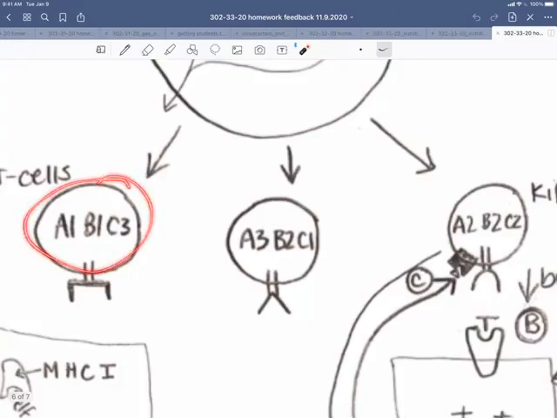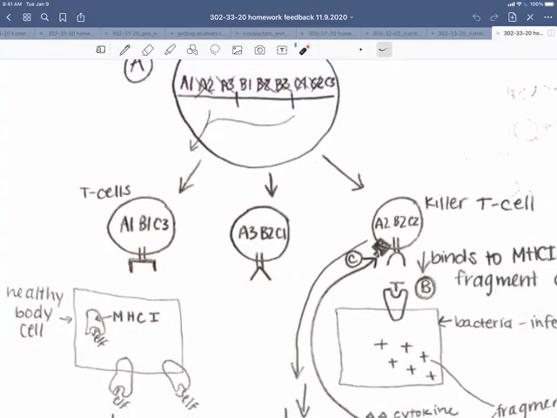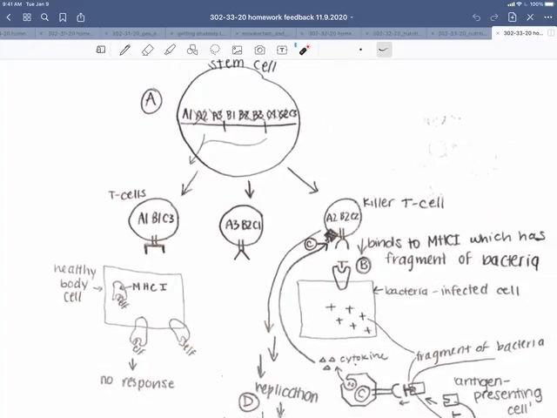That's this one, but here's A3, B2, and C1, and yet another A2, B2, C2. So each of those will have a different shape to its surface receptor, and that shape will bind to a particular structure, an epitope, and if it binds to something on an invading bacteria or viruses,